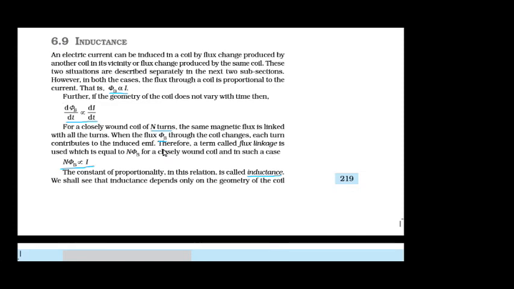Therefore, a term called flux linkage is used, which is equal to N phi B. N phi B is proportional to I. The constant of proportionality in this relation is called inductance. We shall see that inductance depends only on the geometry of the coil